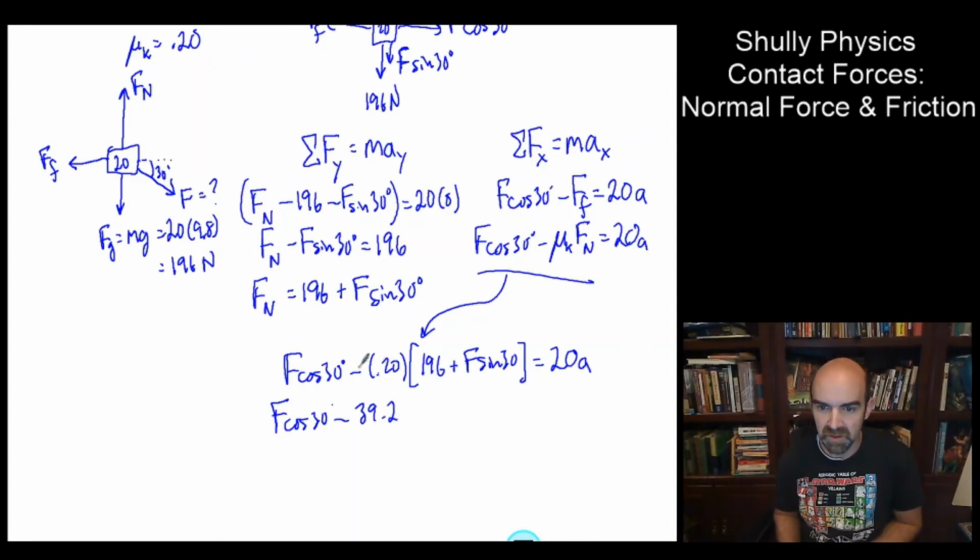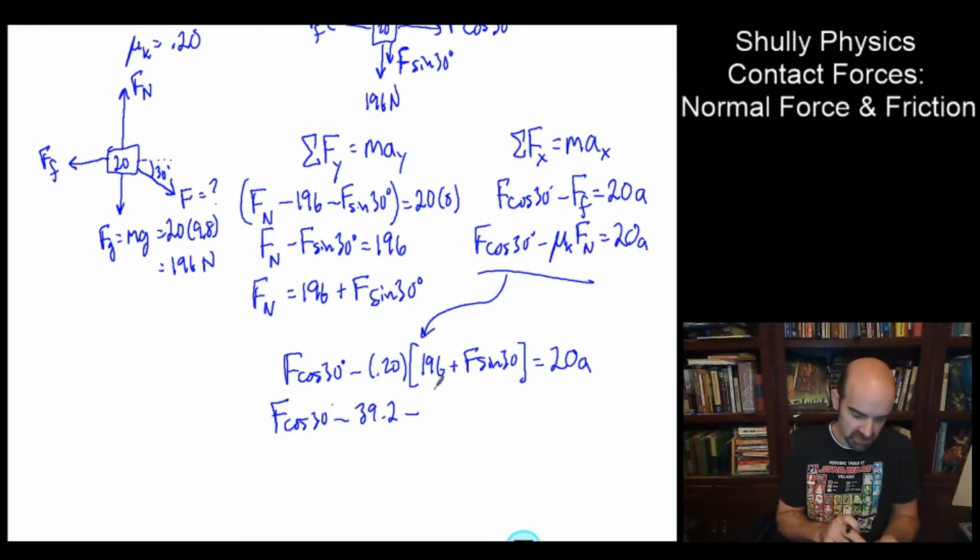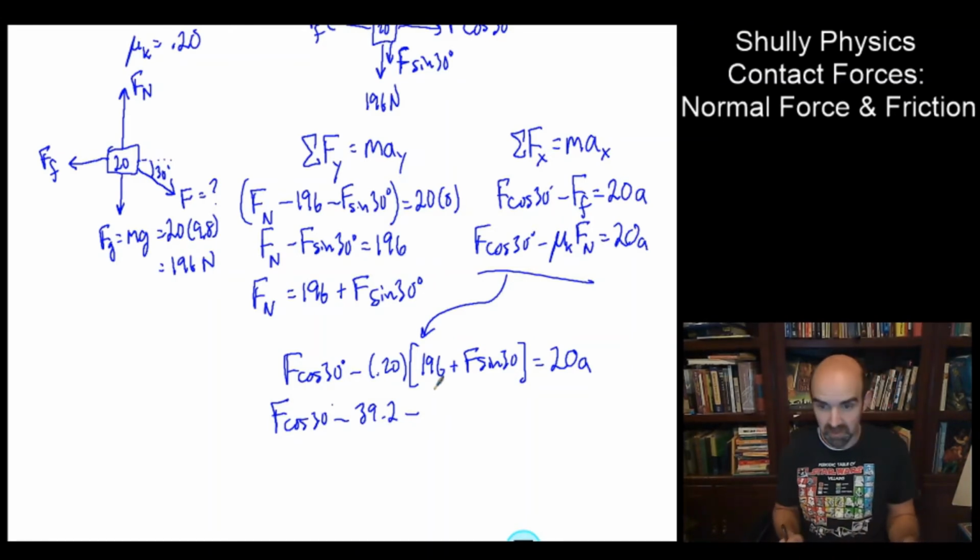And then negative 0.2 times F sine 30. F sine 30 is a half, but we'll still get a negative here, so 0.2 times sine 30 is 0.1, half of 0.2. So we're going to have a 0.1 F out here. Okay, so 0.2 times a half times F gives me a 0.1 F,